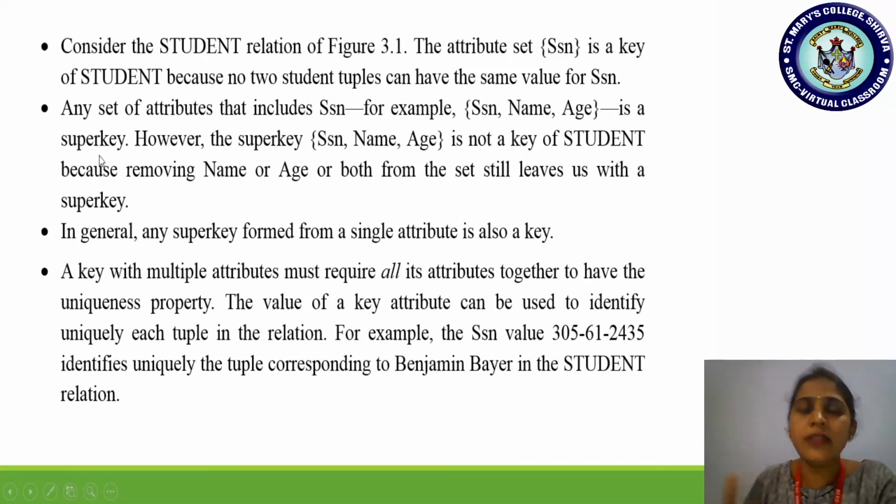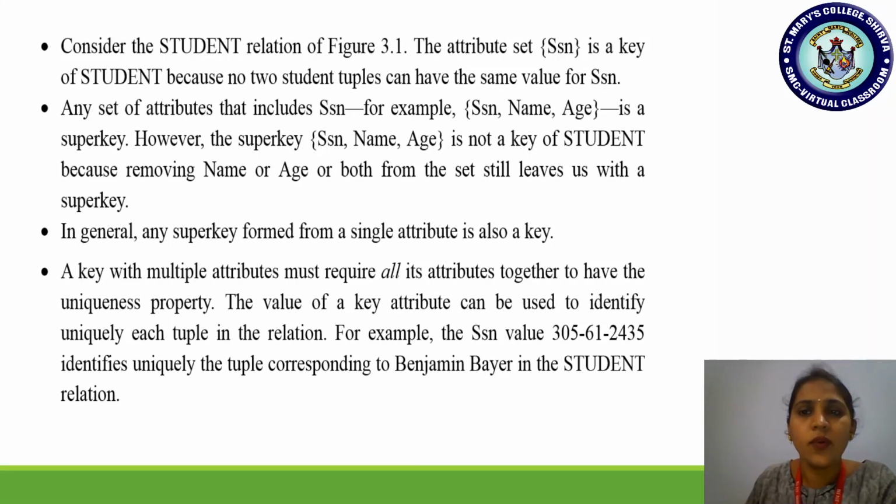So any set of attributes, any combination of attributes you take among the 7 attributes, where we find SSN in that set of attributes we are choosing, if SSN is also one among that subset.